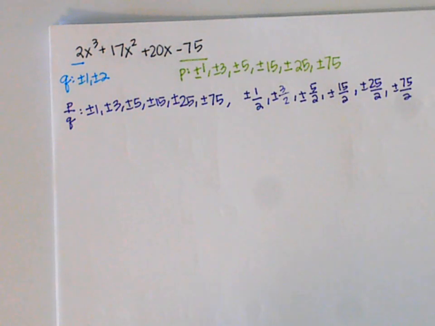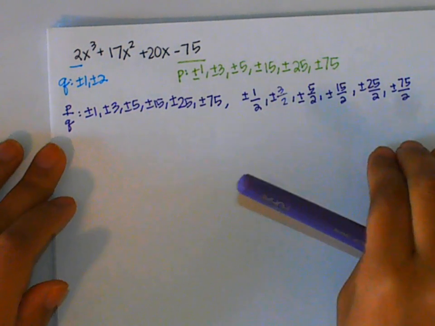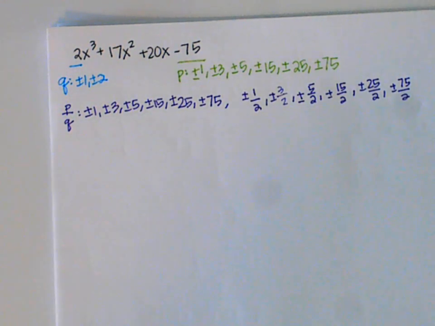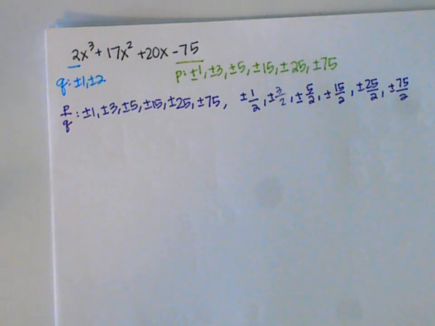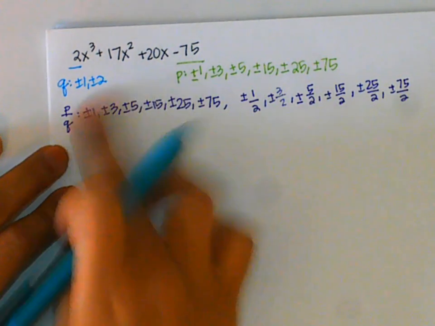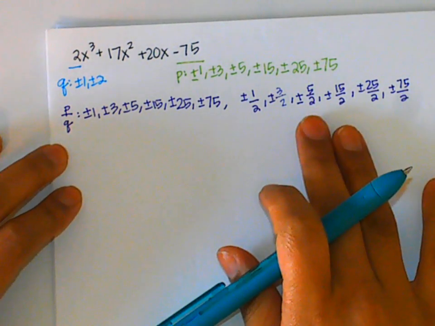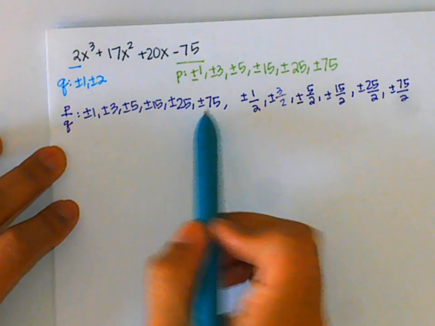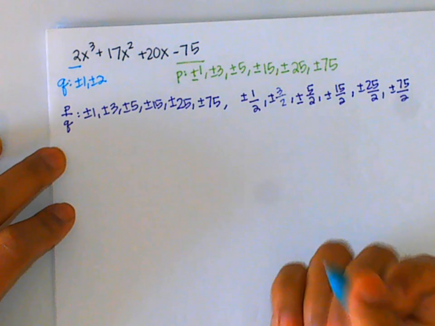From here, we want to start off by testing those points. Remember that by using the remainder theorem with synthetic division, we know if something is a factor or not if our remainder is 0. So there's no actual way to go about this. You just kind of have to do it and hope for the best. So I'm going to start off with 1 and then move along that way. I definitely want to start with my whole numbers. You don't want to start off with a fraction doing addition, subtraction, or multiplication if you don't have to. So I'm going to hope that one of these somewhere early on hopefully gives me a remainder of 0. So I'm going to start with a positive 1